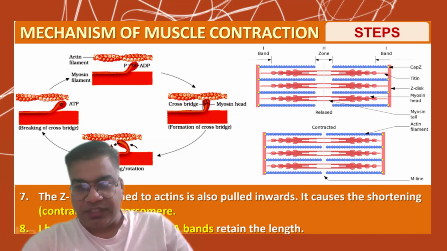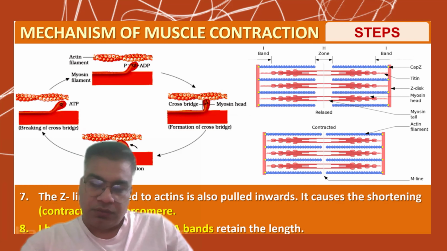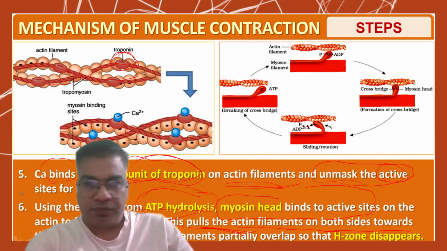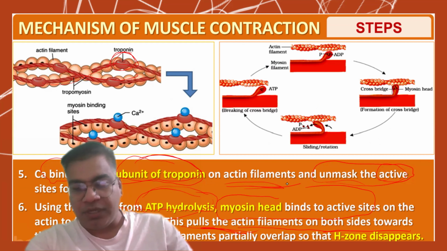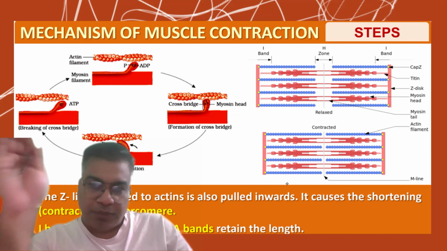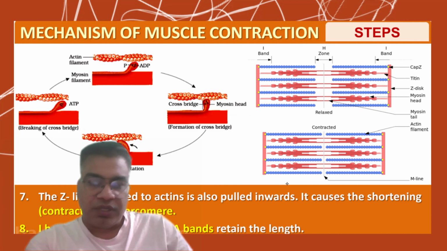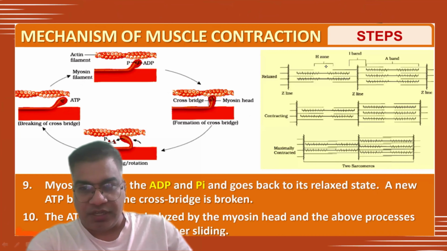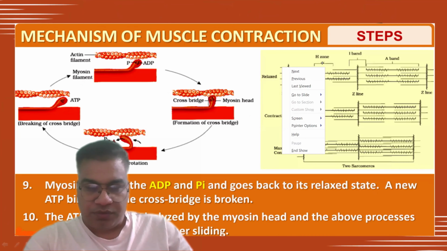When calcium binds with the troponin protein and unmasks the active site, which is responsible for the binding of myosin to the actin filament, ATP hydrolysis finally results in the movement of the myosin filament over the actin filament. And due to this contraction, basically, this Z line gets